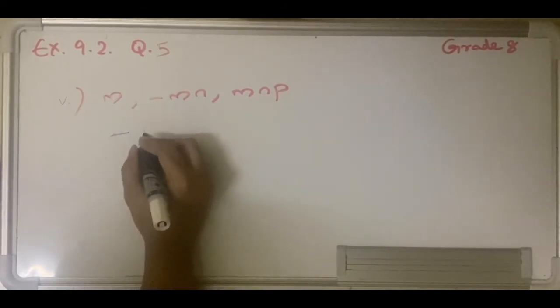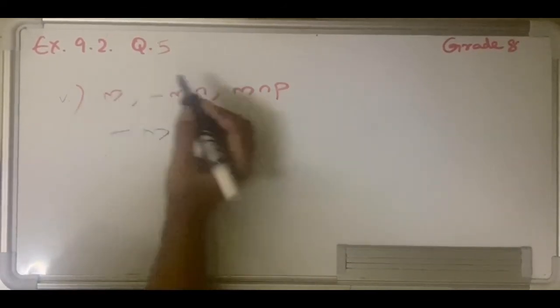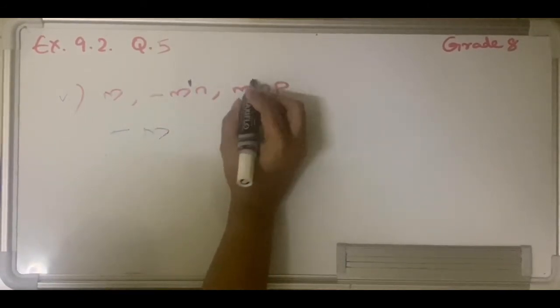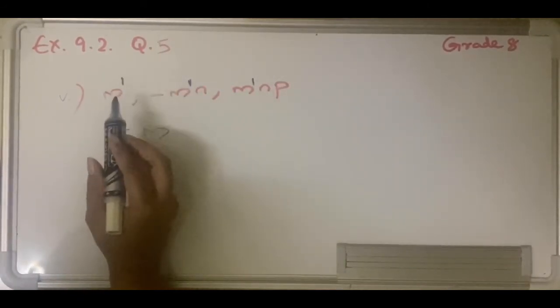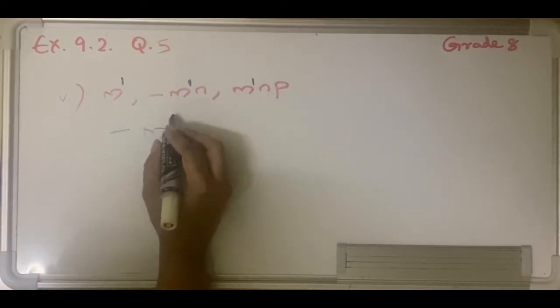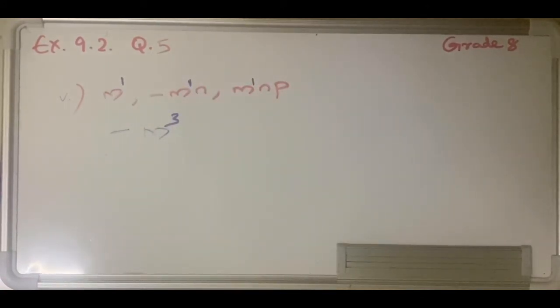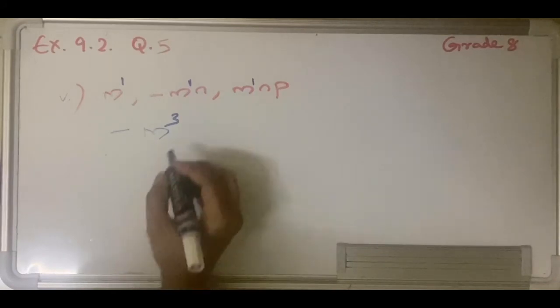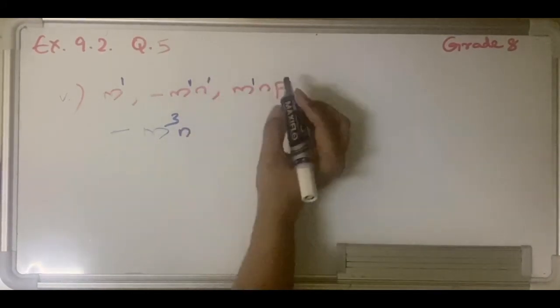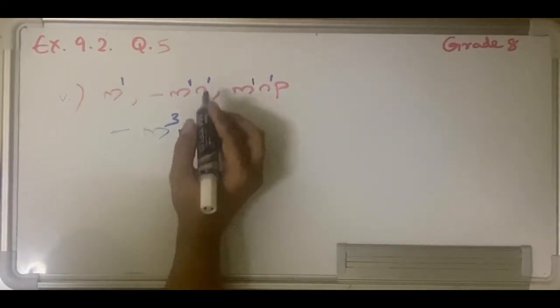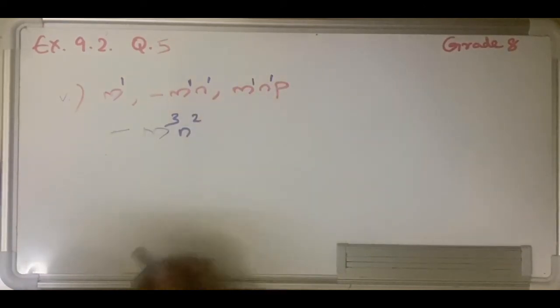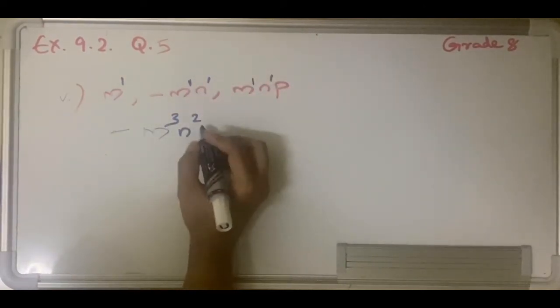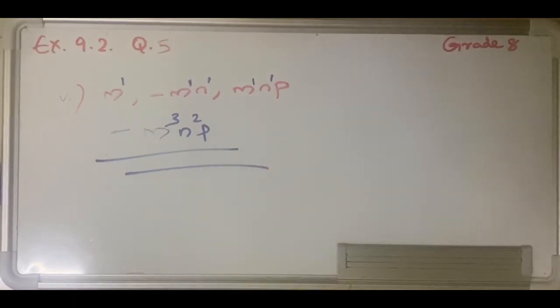Then we have m. So m, how many m? We have 1. Again a 1 here, a 1 here, right? So we have m raised to 1 plus 1 plus 1, which is m raised to 3, because you are adding them, right? And n, if you take, you have n raised to 1 here, n raised to 1 here, so n you have 2. 1 plus 1 would give you 2. And p, you have only 1. So you are just showing it. Clear? So this is how we do simple multiplication of our monomials.